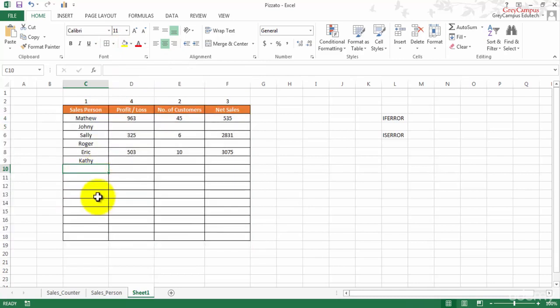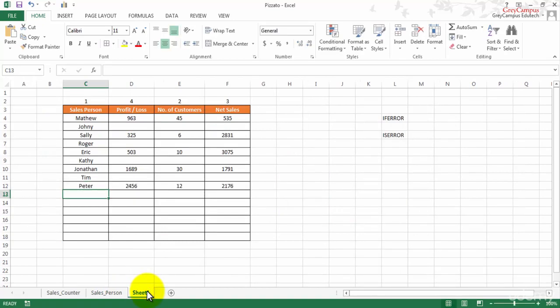Now the moment you put any name here, let's say Jonathan, it automatically populates the number of customers and net sales. However, if I put some name which is not there, it will still say blank. If I put something which is there in the list, let's say I know Peter is there in that list, it automatically populates.